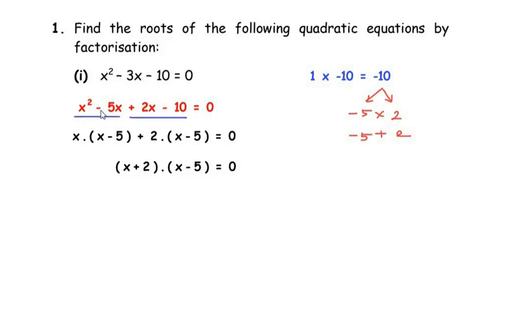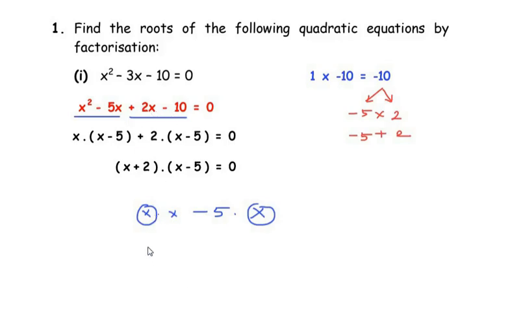Now from the first group we can see that x is a common factor because x square can be written as x times x minus 5 times x. So here we can see that x is a common factor. So we are going to pull out this common factor from the first group. So we have written x times, in the bracket remains x minus 5,